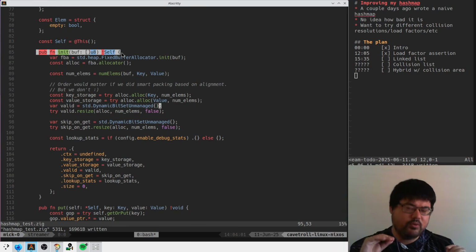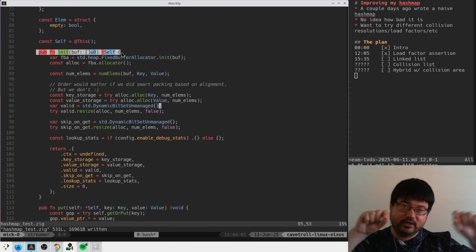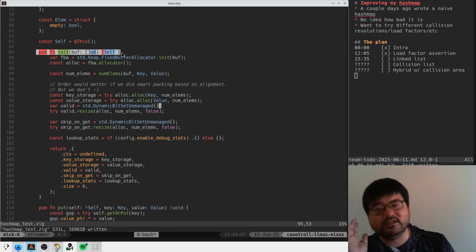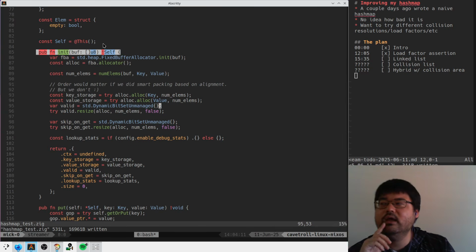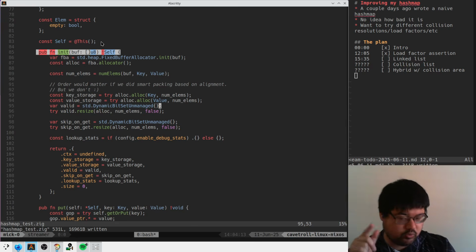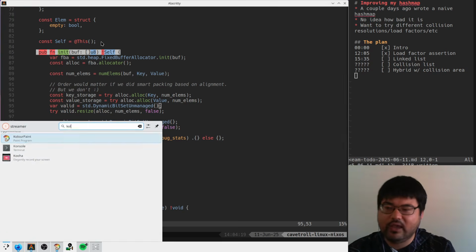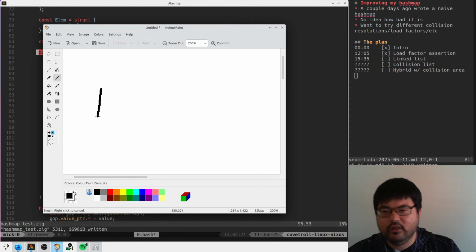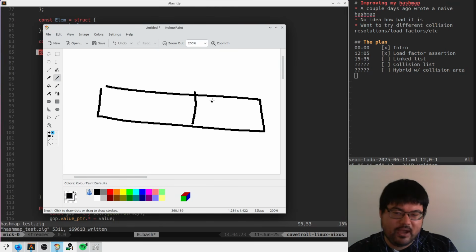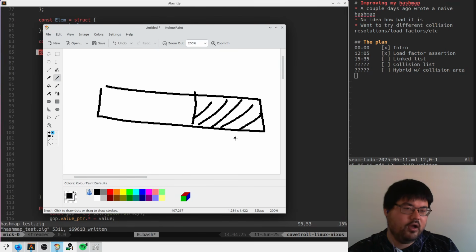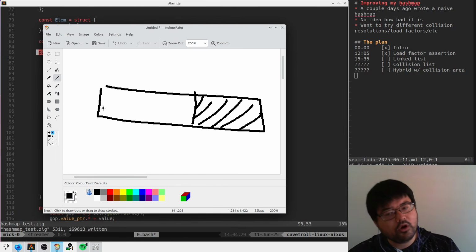And so if we want to make our collision resolution use a linked list, the storage for that linked list has to live somewhere, which means that we probably either have to dynamically grow our storage and allocate half the buffer. Like we're gonna have to allocate some amount for collision resolution, right? Or